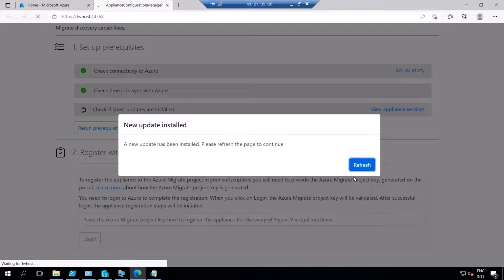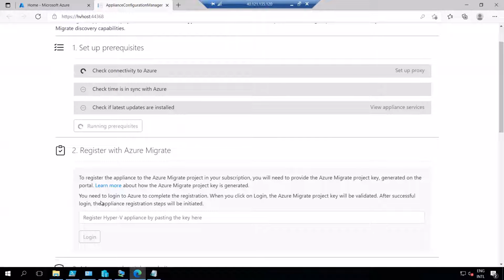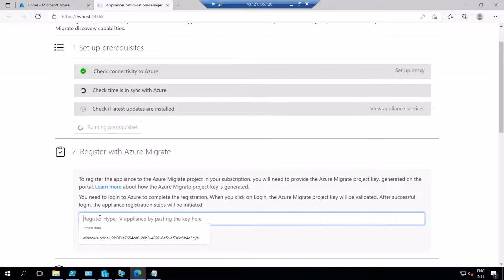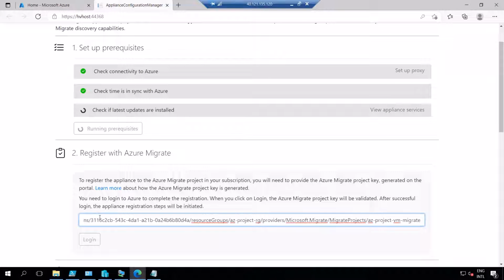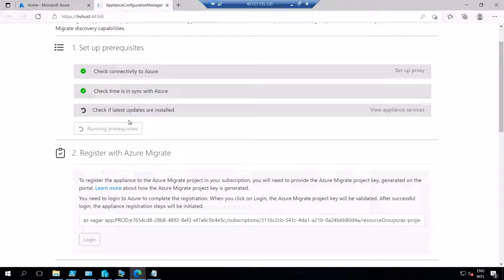The update is still running, so we need to give some more time to this. Let me see, now the cursor I can see. I have copied that, but this login option will not be visible to me till the above step gets complete. So we'll give some more time to get it complete.